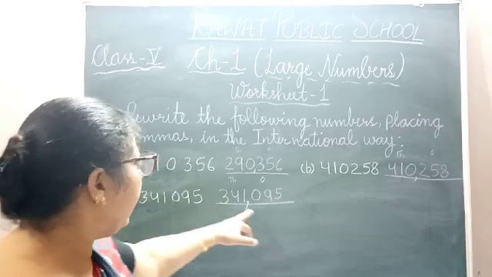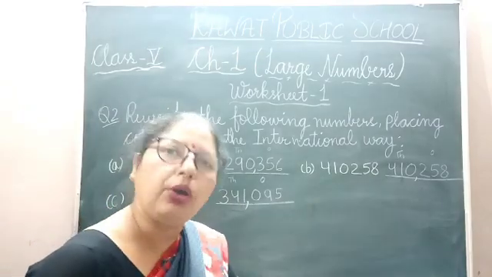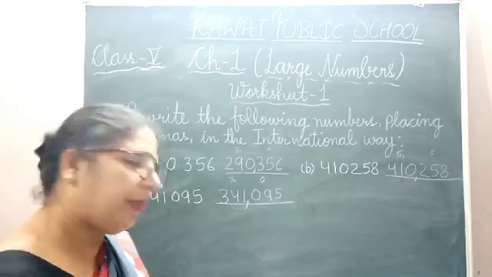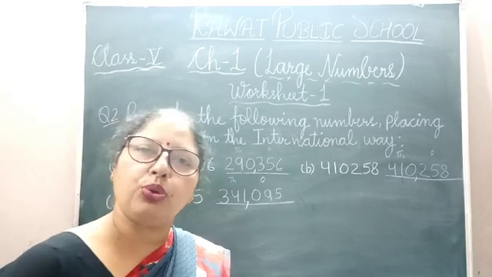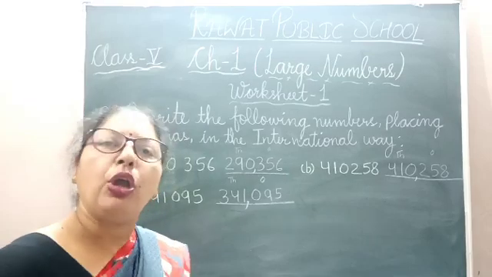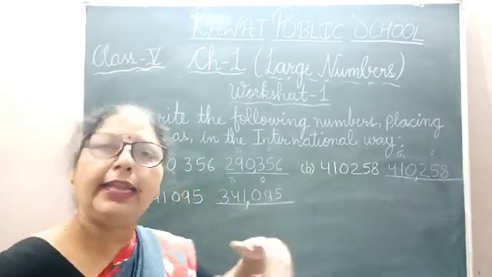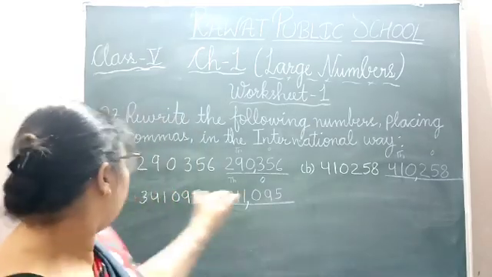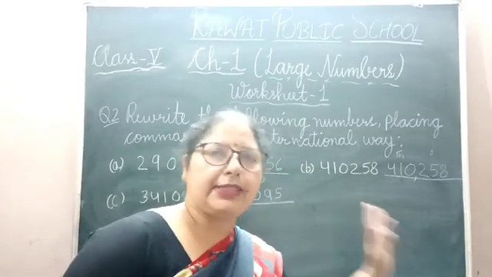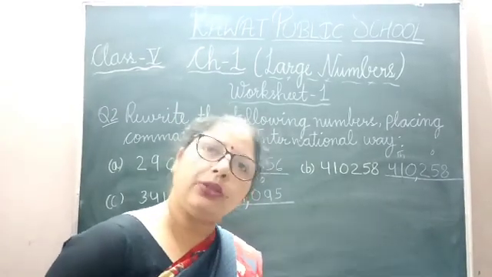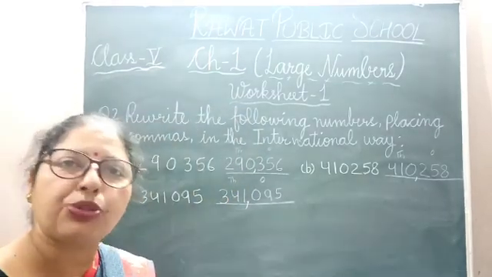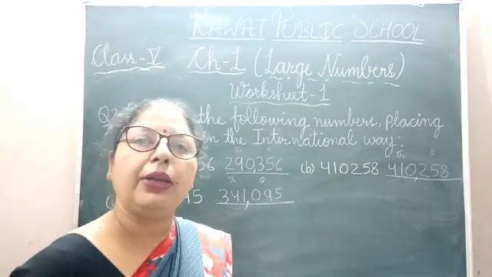So sum number D, E, F of question 2 is your homework. Sum number E and F of question 1 and sum number D, E, F of question number 2 is your homework. You will do these sums in your maths notebook. In that question 1, A, B, C, D, then E and F you will do there. Then here also we have completed up to C. So D, E, F you will do below this as your homework, along with question number 1 and question number 2. You do not need to do them separately; do them together with question number 1 and 2.